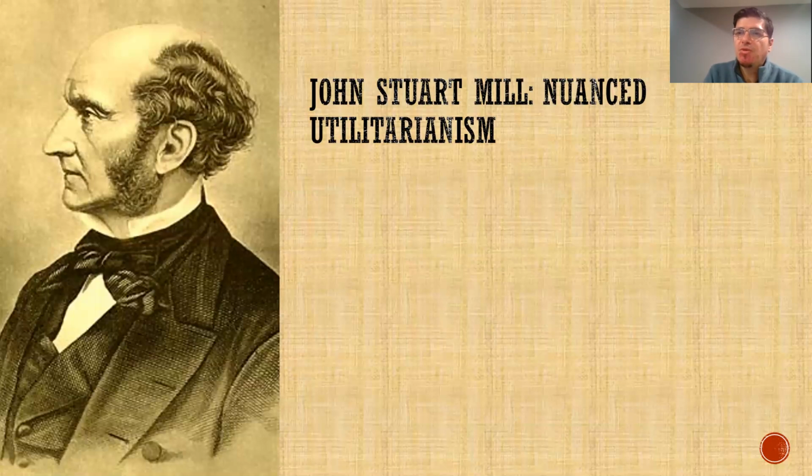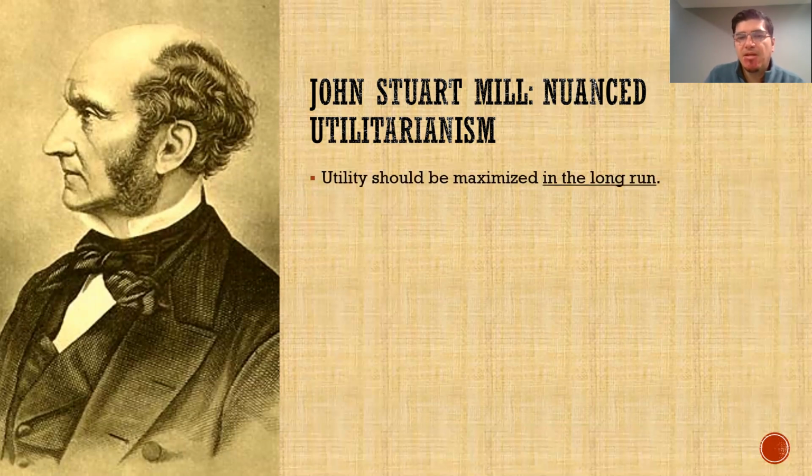So let's look at John Stuart Mill. John Stuart Mill recognized the strength of the individual rights objections, and he nuanced Bentham's utilitarianism. Mill put forth a view that is roughly halfway between Aristotle and Bentham. He proposed a view that he called utilitarianism, but it's a nuanced kind, and a more plausible kind. At the heart of Mill's proposal is that utility or happiness should be maximized not at each individual action, but in the long run. We should propose the kinds of policies that maximize happiness in the long run throughout time, not just in this particular case.